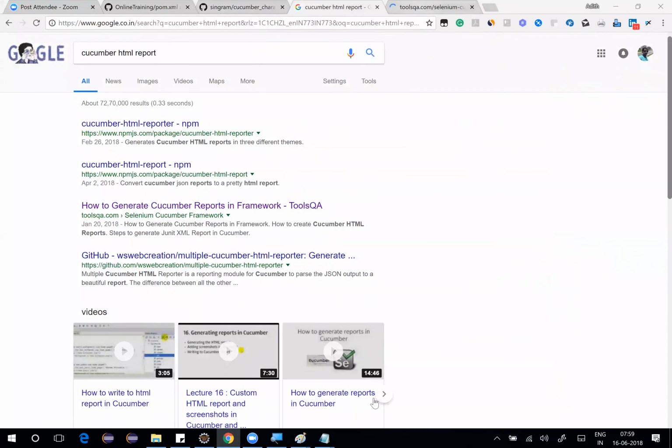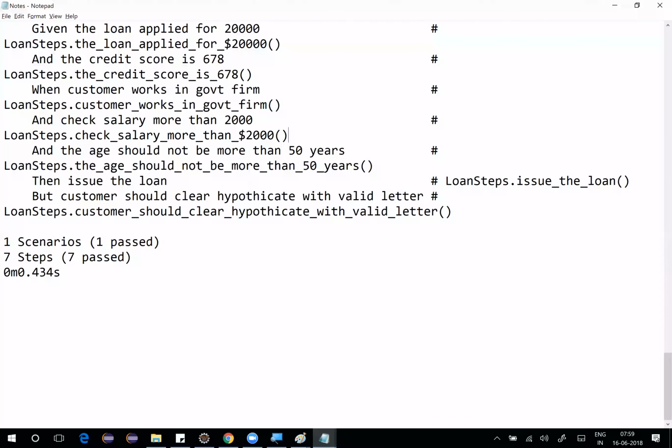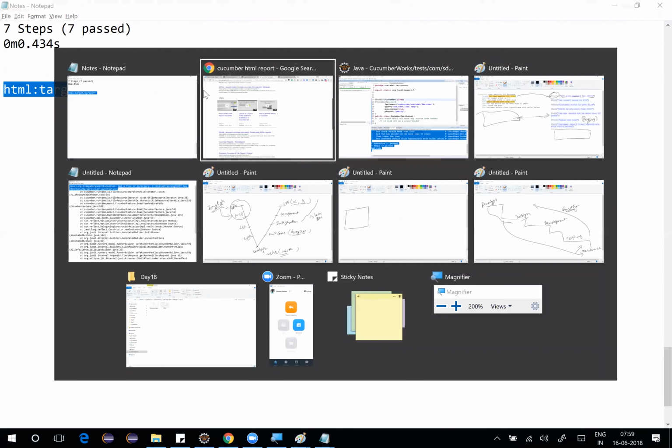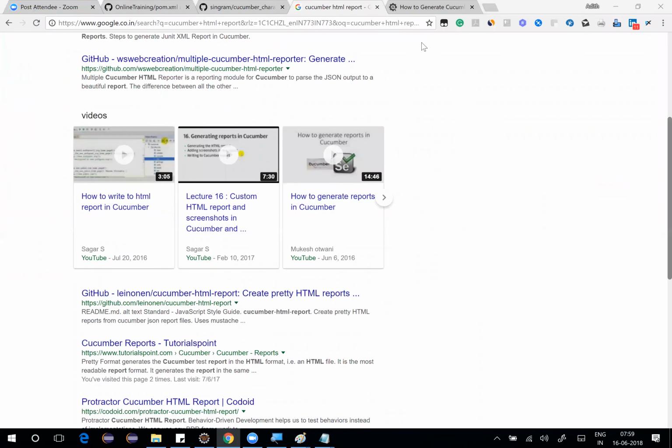Now the syntax is pretty simple here. The whole idea, of course, I'm planning to show you in the code. On the plugin, you just have to call HTML and give the file where you want to keep it. I just want to keep it in target, which is the folder. Cucumber reports. I can just say my reports. So that's it. This will be one of the plugins. Just to prove that point, I don't know if somebody has written a blog